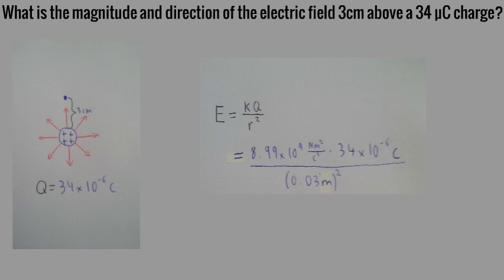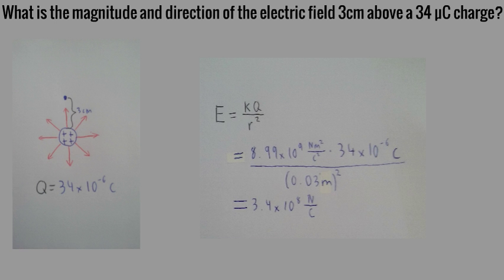Now, as you can see, the 0.03 is in meters, and it was in centimeters before. This is because in this distance formula, this needs to be meters, not centimeters. Now, we just put it into a calculator and get the answer of 3.4 times 10 to the power of 8